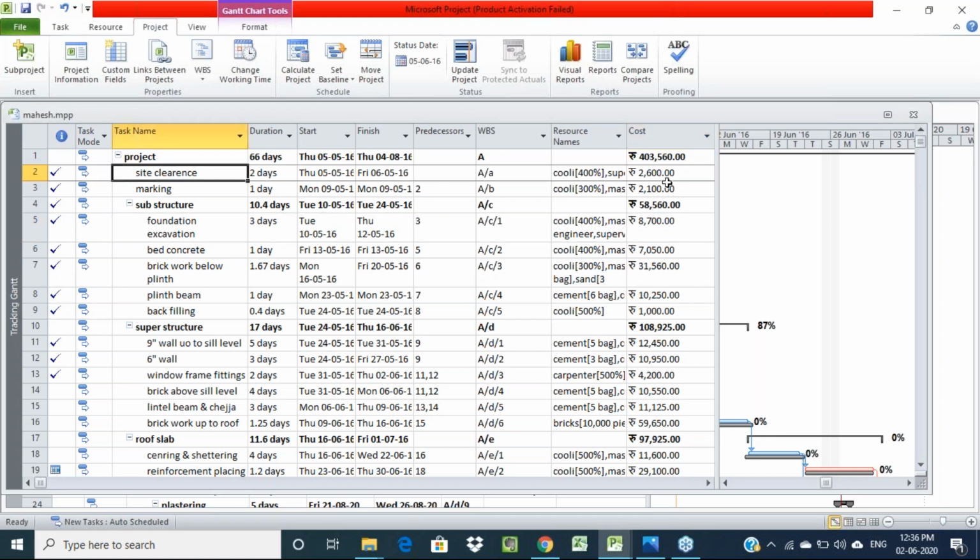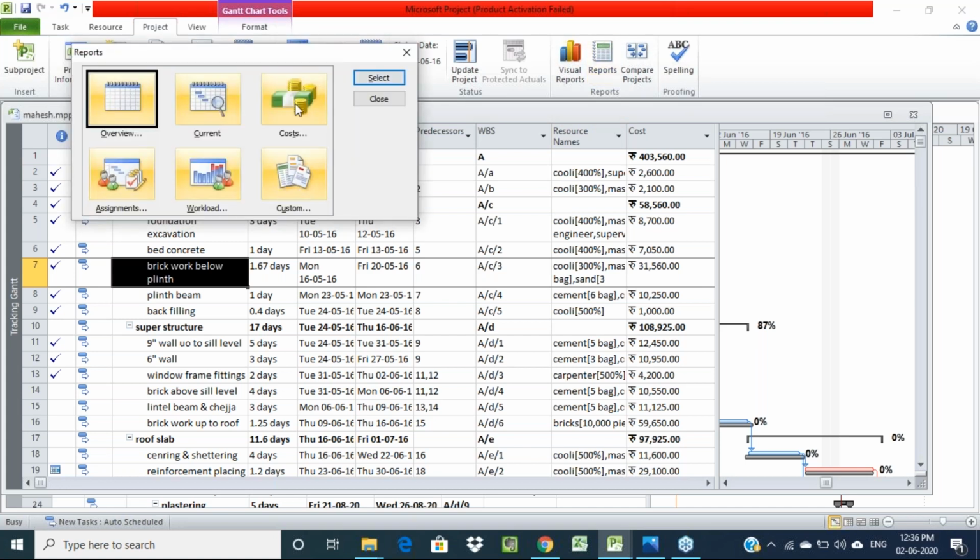Only for the site clearance we required around 2,600 rupees. For marking, 2,100 rupees. For the construction of substructure, you require 58,000. Likewise, for each and every activity we got here based on the resources allocation. Like this, we need to create a separate, complete report. All the reports we can generate a printout also by going to the reports option. If you want a resource printout or otherwise a budget printout,